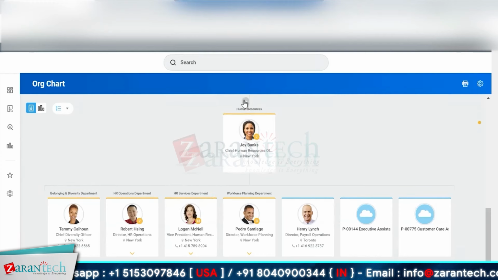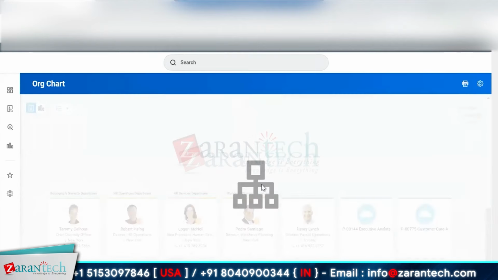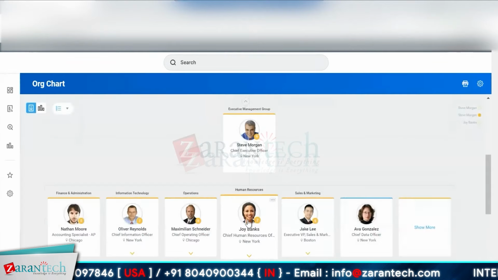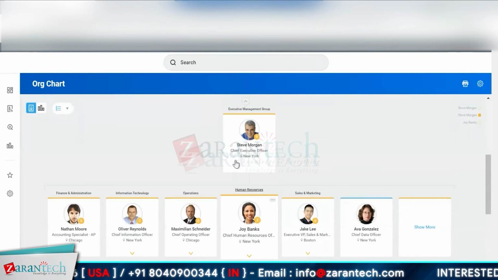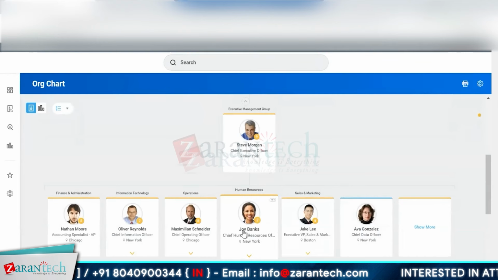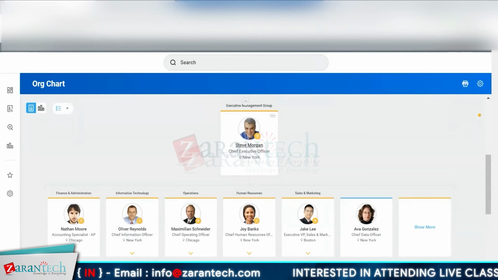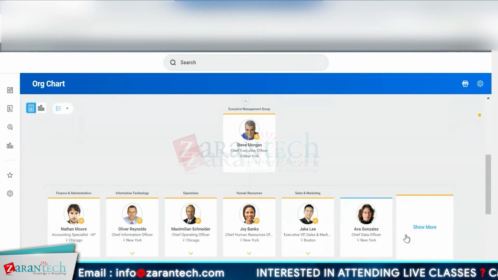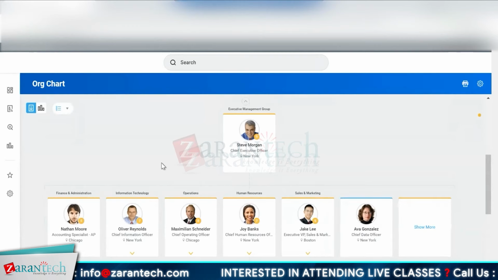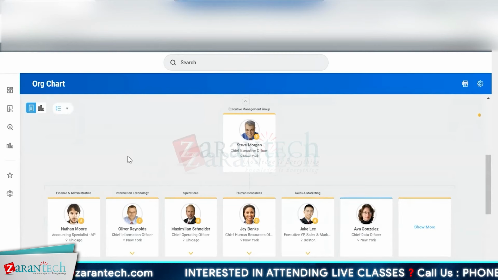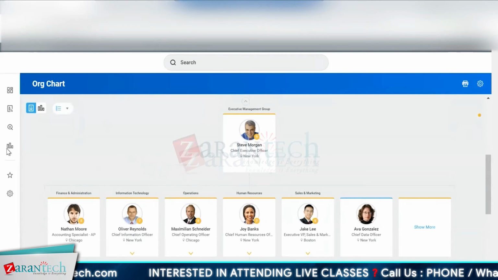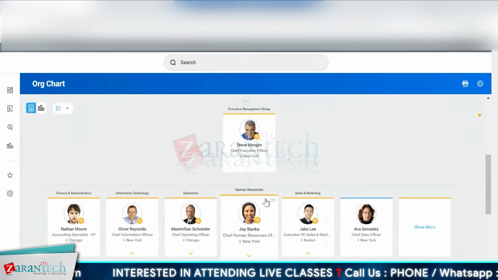And if I want to go up and see, okay, what does human resources kind of report into? Oh, Joy Banks and human resources is kind of under the executive management group. And then there are these peers of other departments in here. So I'll get into this part a little bit more, but again, around the navigation, I can go ahead and